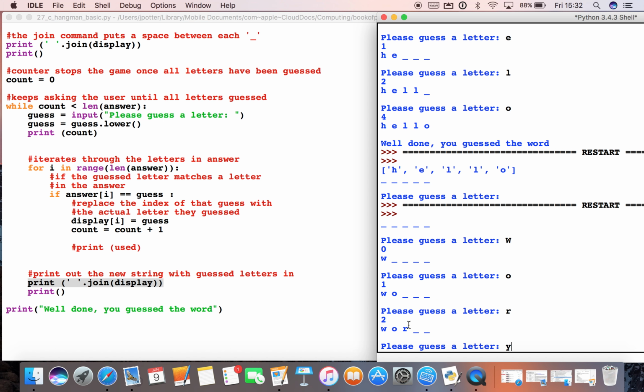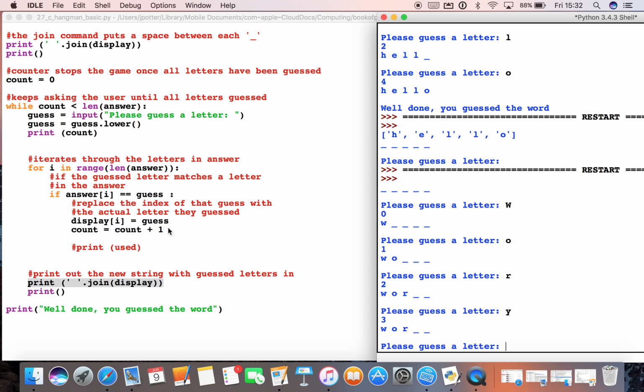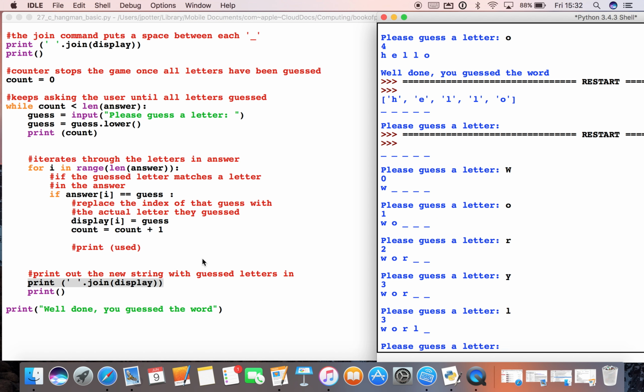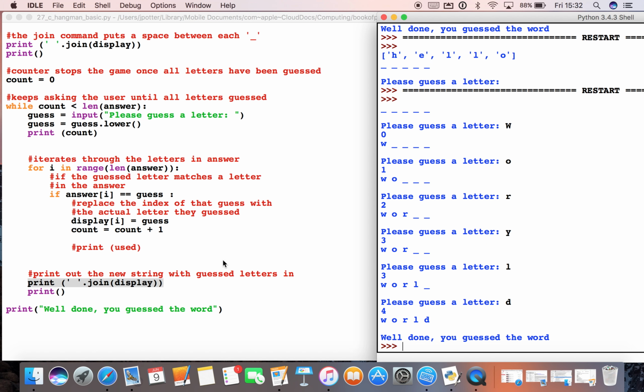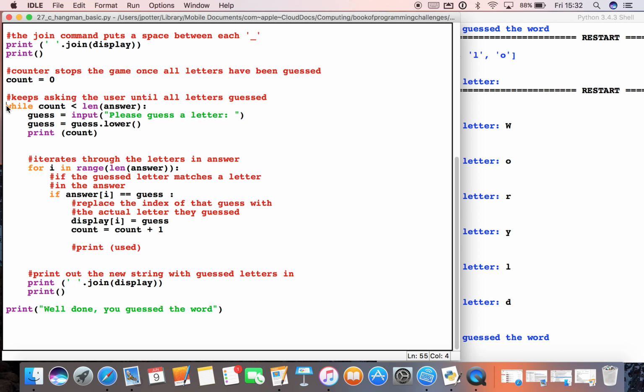Let's pick one that's not in there, Y. Because we chose Y this time and it isn't in the answer, it doesn't do any of this. So let's pick another one that we know is there, L, D, and there we go. Then it finishes off because it comes out of the while loop here because count has got up to 4, and prints this statement.